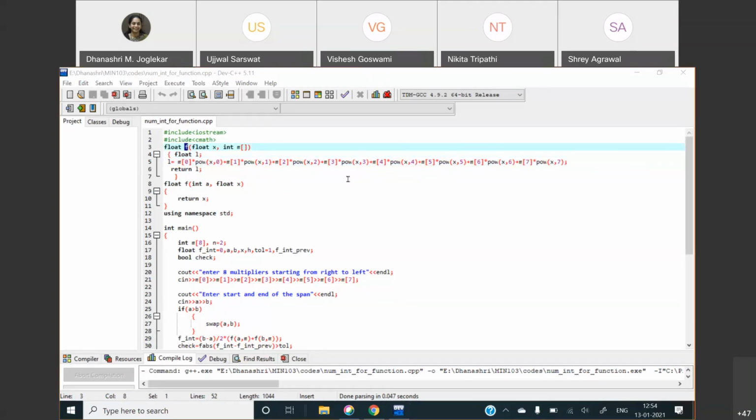So the job of this function f is to evaluate the function at a given x location, right? You are providing it the x value and you are also providing m, which has the multipliers of each power of x.